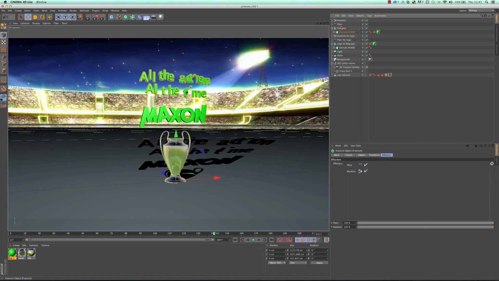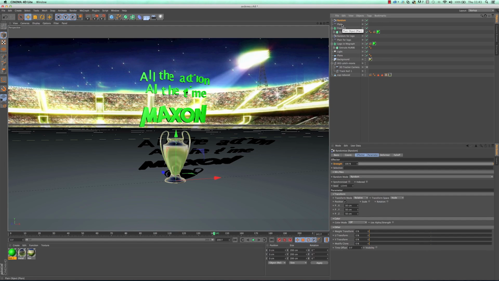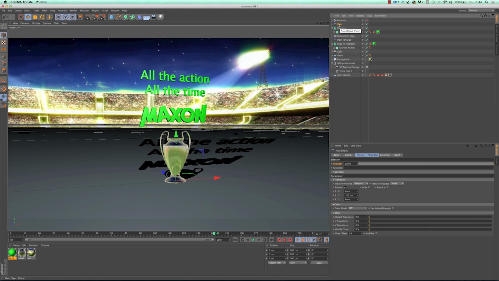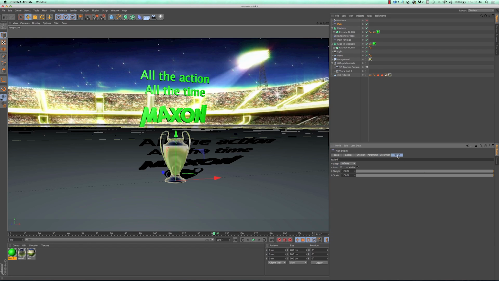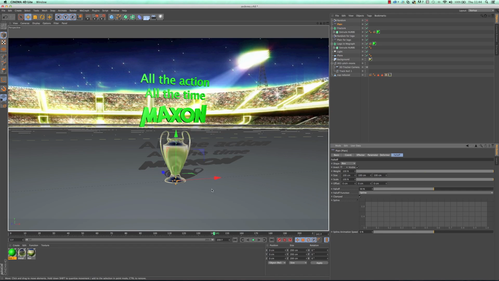Great. And then what I can do is, you can see this is actually affecting it already slightly anyway. So if I have a look at the plane and the random, you can see they're doing stuff already. So let's turn off the random first, and I'm going to mess with the plane effector first. Now before, what we had was the plane effector was doing kind of like a global setting, that it would affect everything in the scene by an amount. Quite a nice thing that you can do as well is work with fall off, and you can work with different shaped fall offs, and this will basically give you an area that it will only affect stuff in there.